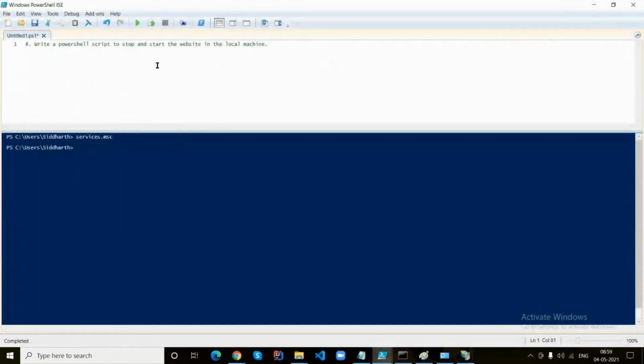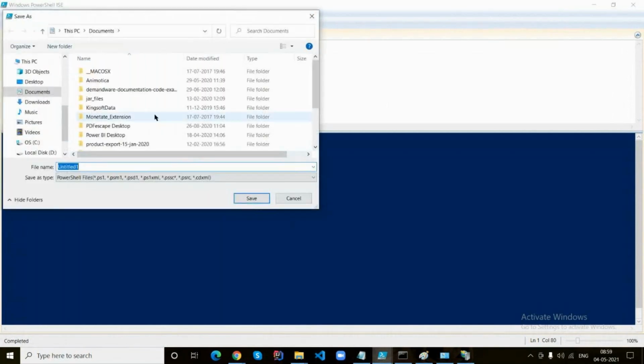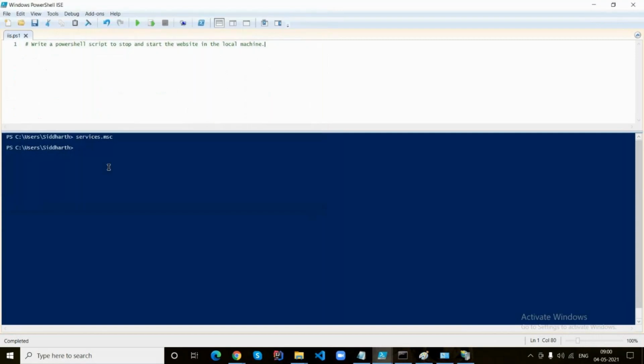Save the PowerShell script please. IIS, not reset. IIS. Okay. Now, to list out the websites,